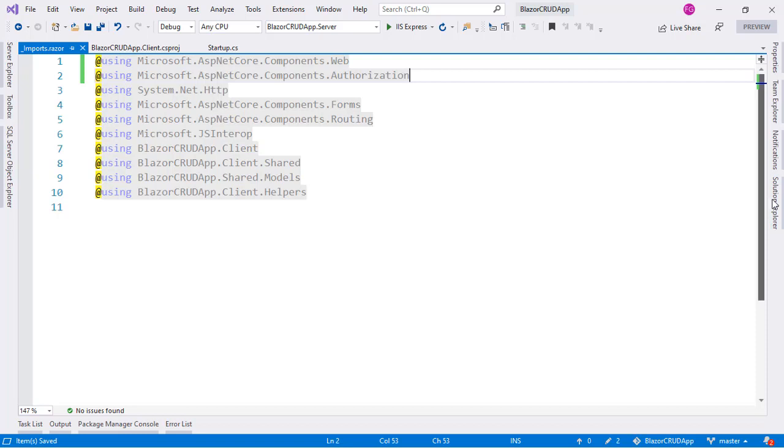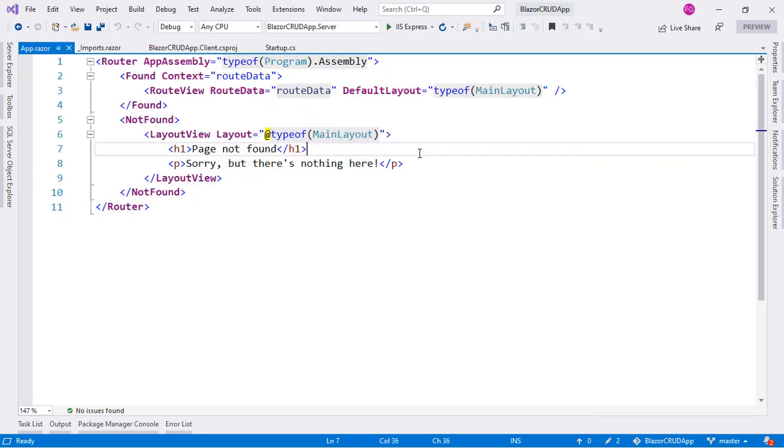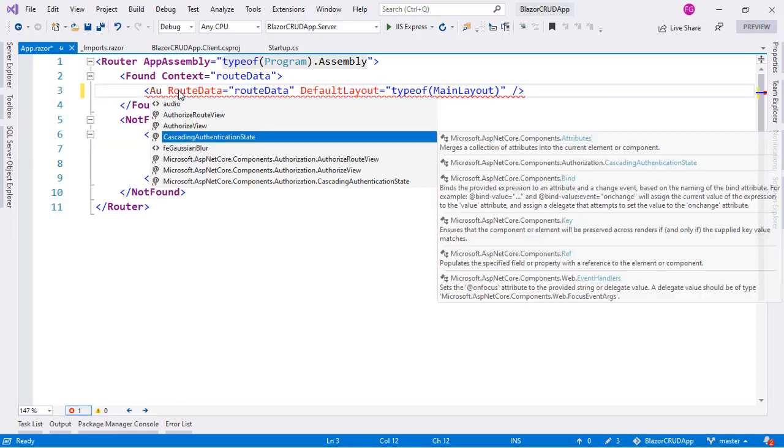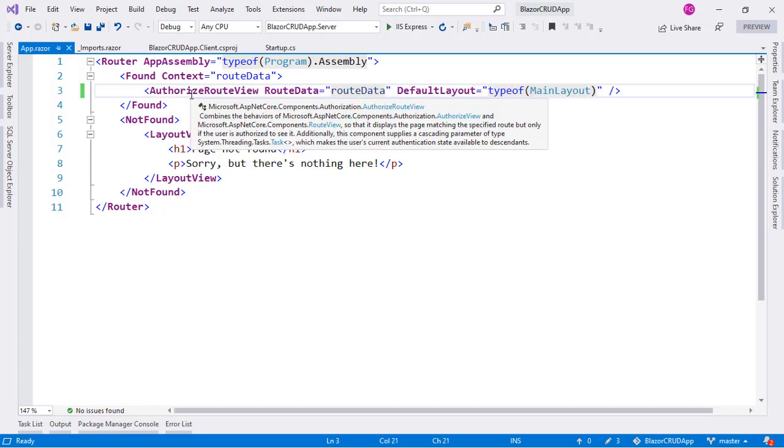Now let's go to the App.razor file, which is where we have our router. Here, we're going to change this route view so that it is AuthorizeRouteView. This AuthorizeRouteView will make it possible for us to display certain content based on the user authentication status, and it will provide us a cascading parameter with which we will be able to determine if a user is authenticated through